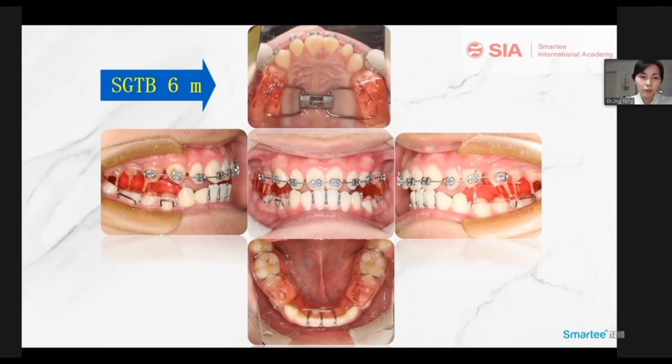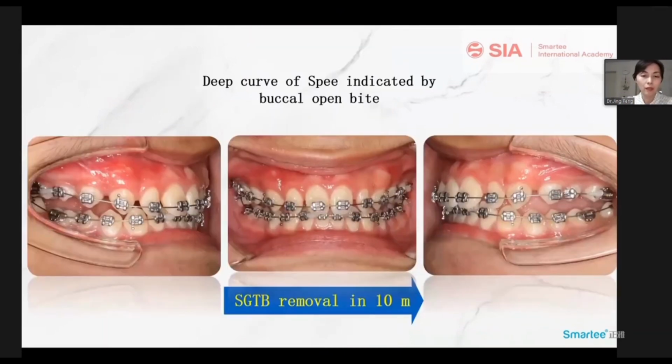And with a block between the upper and lower dentition, the lower jaw cannot move back, and the patient has to wear it 24/7 to stimulate the TMJ and to train the muscle to remember this position. And after 10 months, the lower jaw cannot move back,